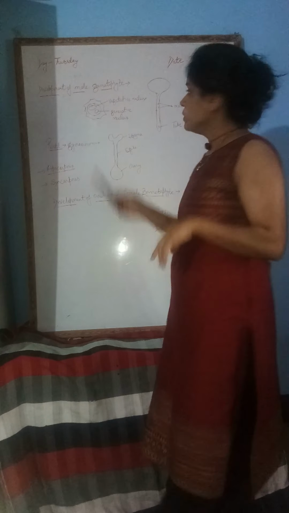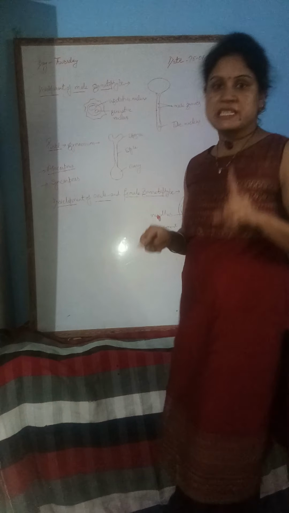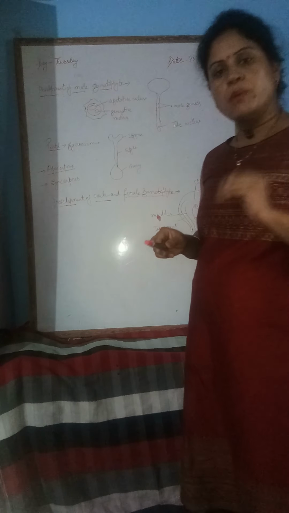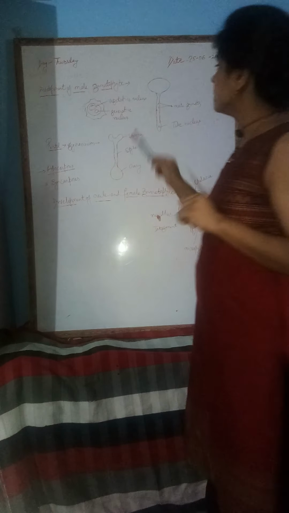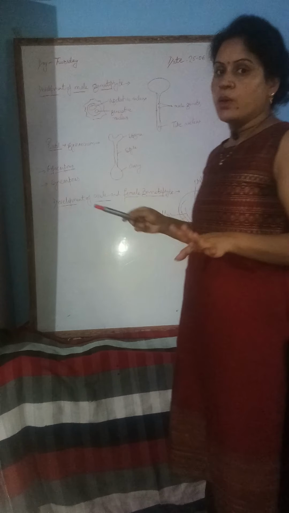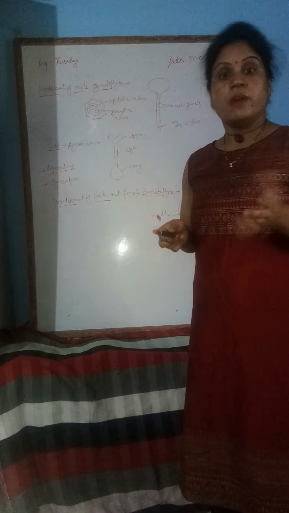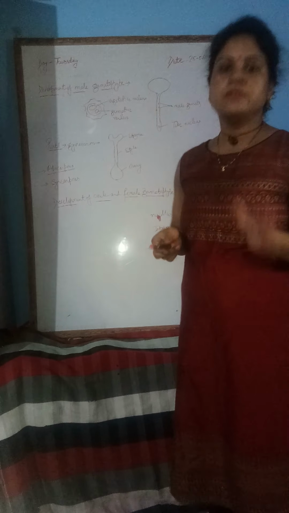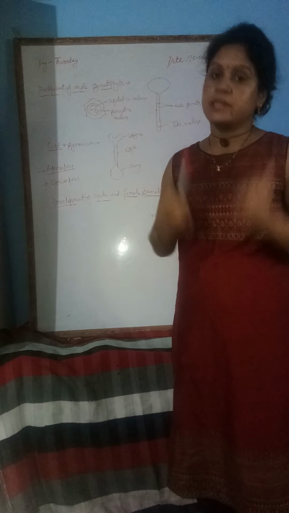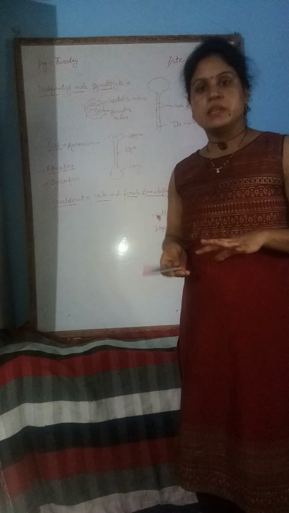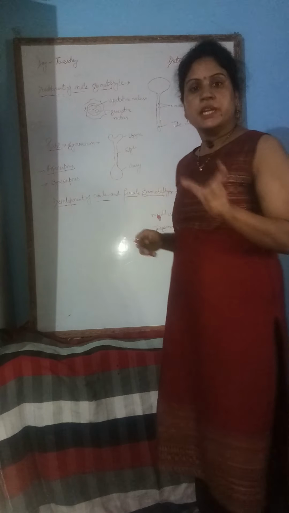So you know that the pollen grain has 2 nuclei. One is larger and the second one is smaller. The larger nucleus is called the vegetative nucleus and the smaller nucleus is called the generative nucleus. Why is the vegetative nucleus larger in shape? Because the vegetative nucleus has more nutrients inside it. So this is a little bit larger than the generative nucleus.